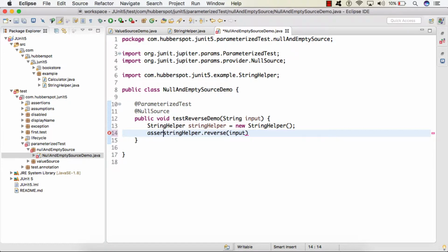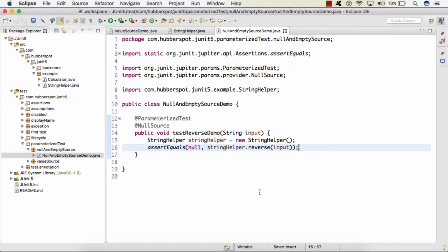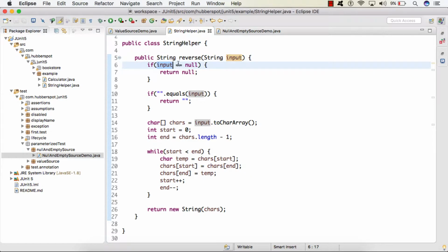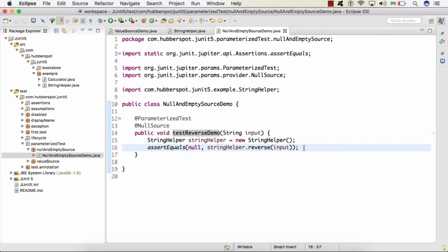We'll assert it using assertEquals with an expected value, let's say null. So here we are using the NullSource. So we are sending a null value to reverse. So we know that if input is null, we'll get a null value returned back. And here we are asserting it with null. Or what we can do is, as we'll get the null value, we can simply say assertNull, and here